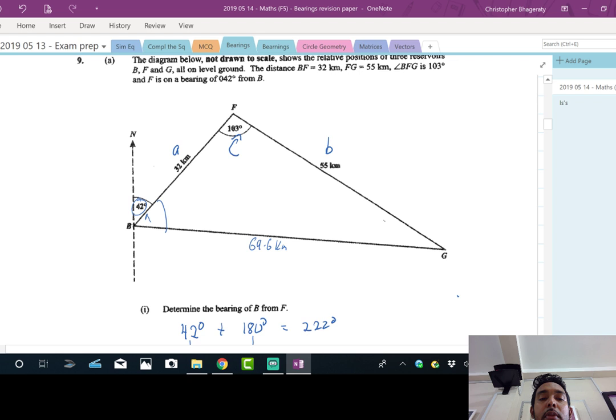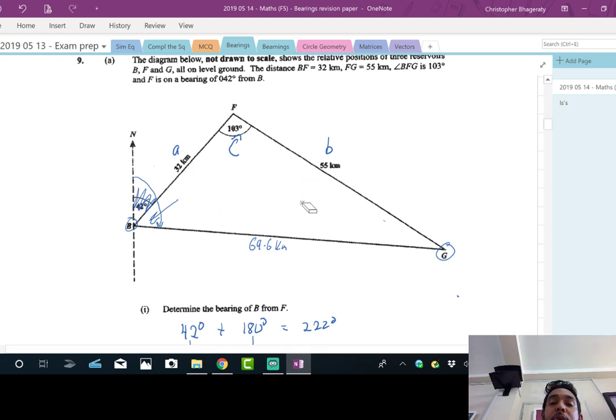You just walked in after we finished that part, but I'll put it back up on the board. Sorry, Brian, your question? How come you have to add the 42? Remember, the bearing of G from B is the angle starting from the north line at B and going clockwise until you hit the line joining the 2 points. So it's this whole angle here. We have this piece on the outside here, which is 42. So all we have to do is get the piece inside here and add it to the 42.